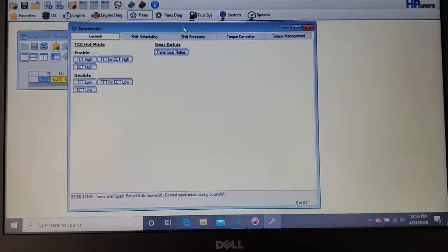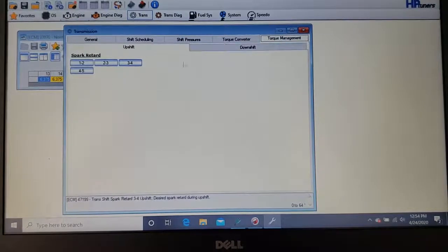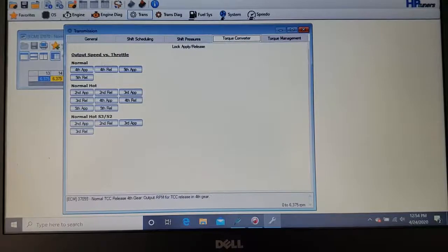But in the truck, they have everything really soft, because you're also towing a trailer. You have to remember, you don't want too hard of a shift, because if you're towing a trailer or something like that, you don't want to be jerking the trailer. So with the truck you have to have a bit of a compromise, but Toyota has it too soft. So you have to firm these things up a little bit, but you don't want to get crazy. And that's it. So you have your torque management, that's your spark retard, your torque converter control,